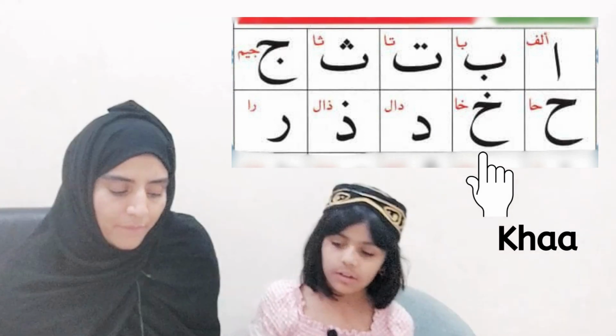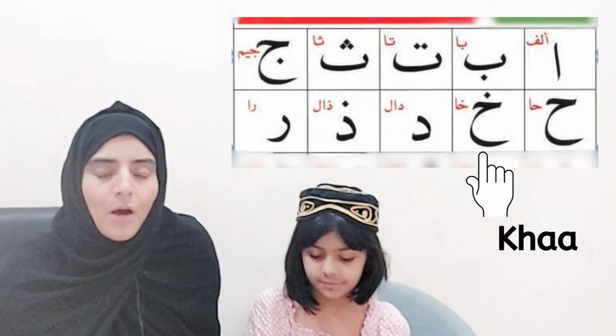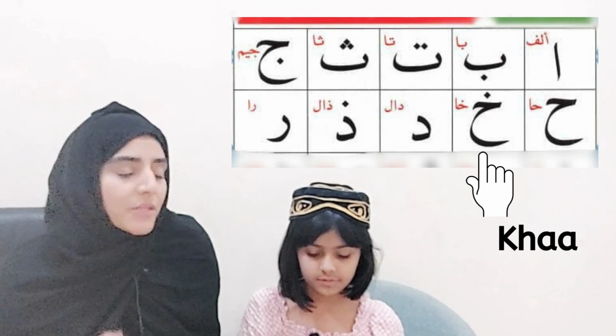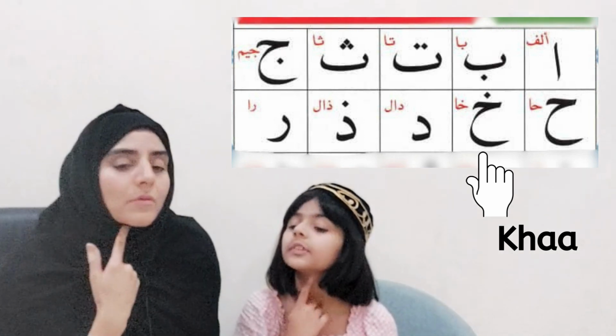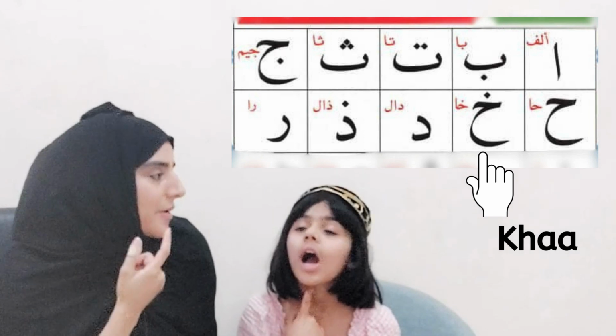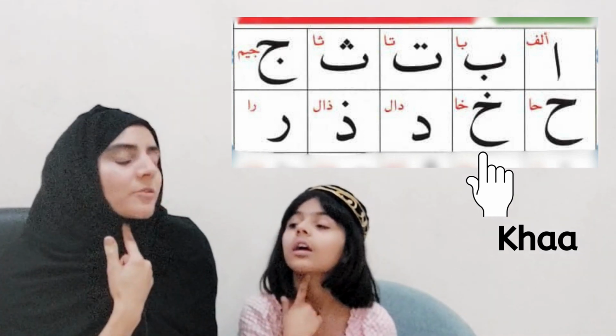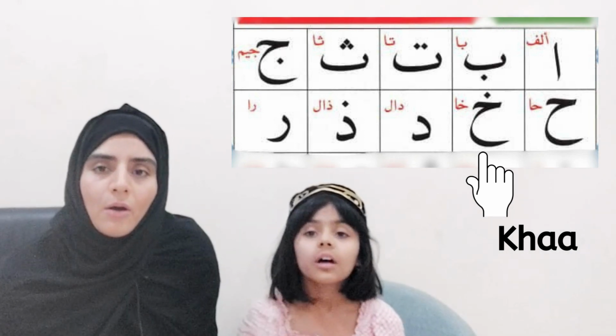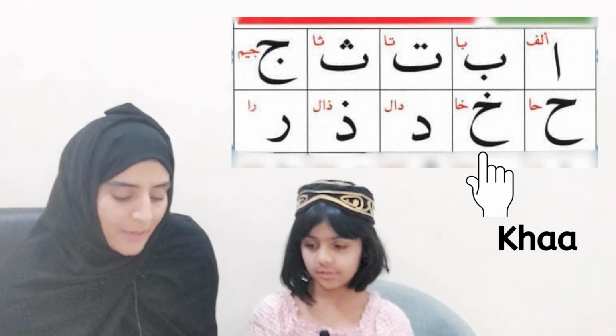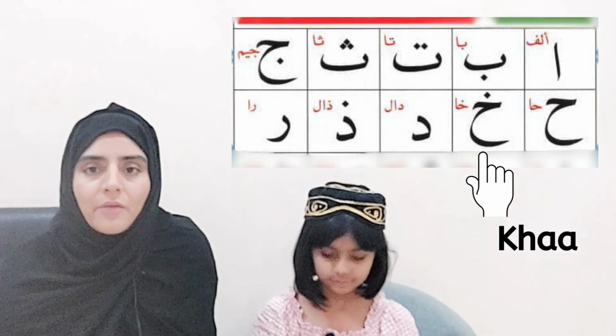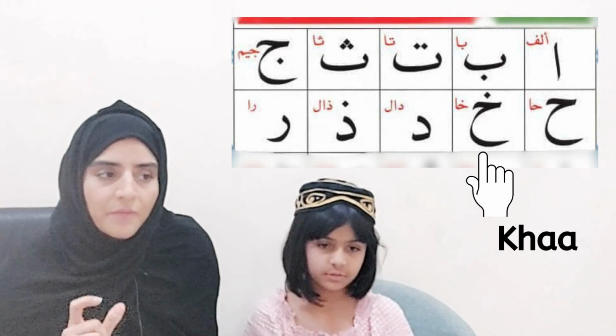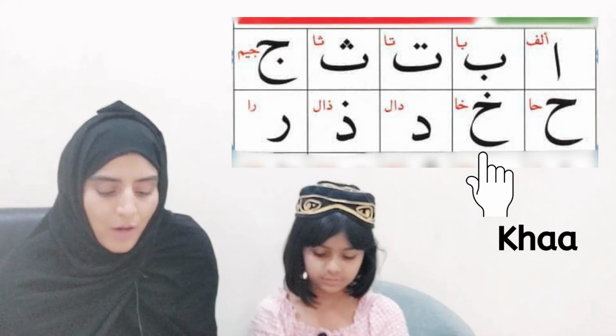Kha. Kha sound comes from the top of the throat here, which is nearest to the mouth. Here, this part here. Okay. So here now we're going to learn something, a really important rule for the Arabic language. Kha